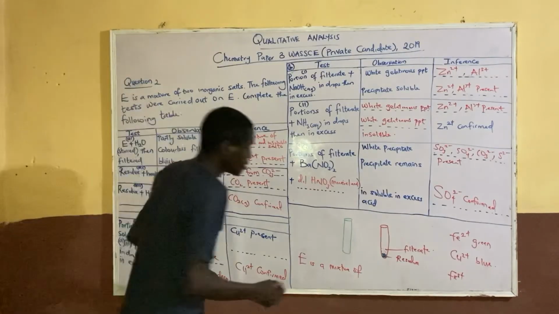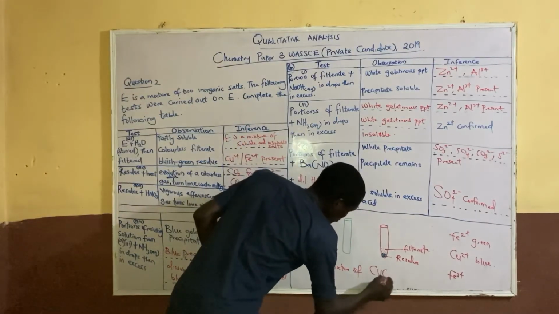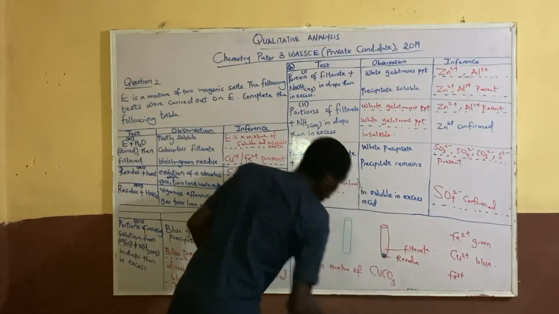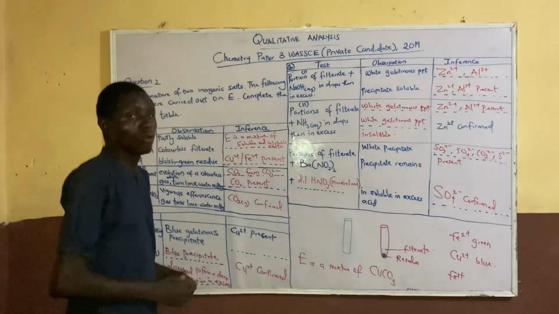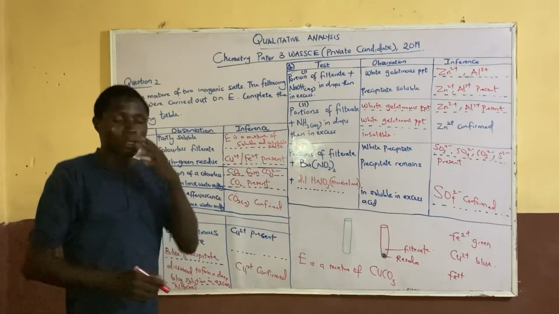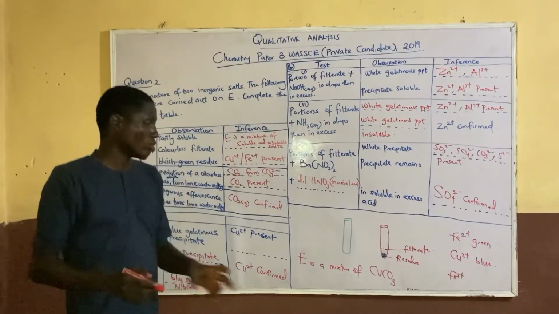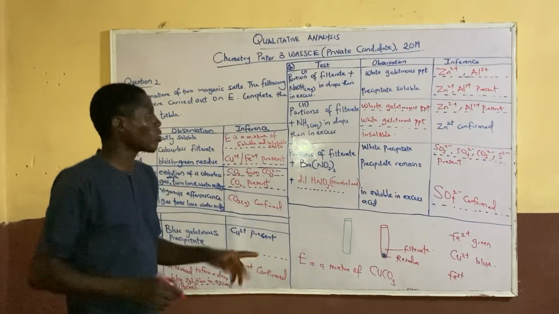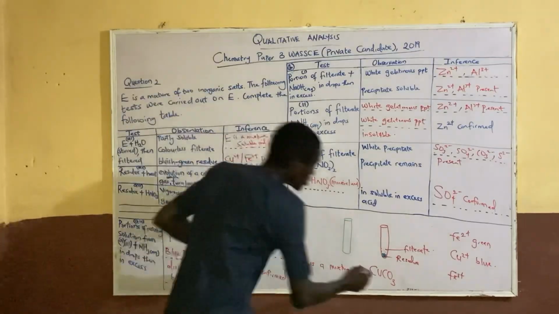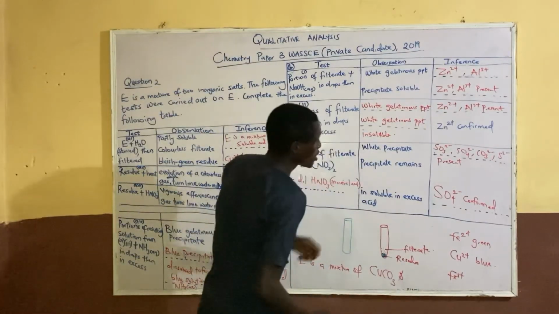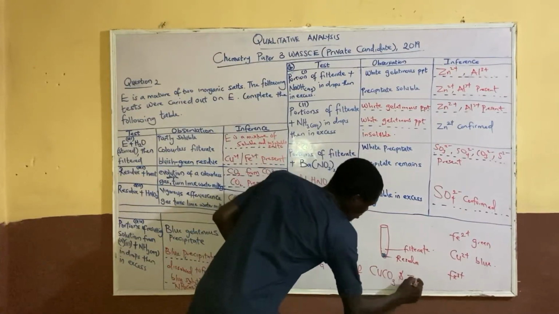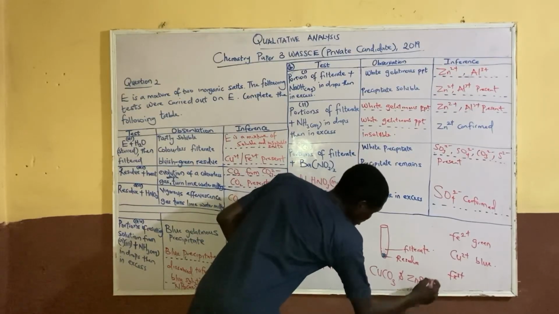So there's a tendency we have a mixture of copper carbonate, which can be blue or green in color. Copper carbonate is green in color, and zinc sulfate. So these are the mixture of